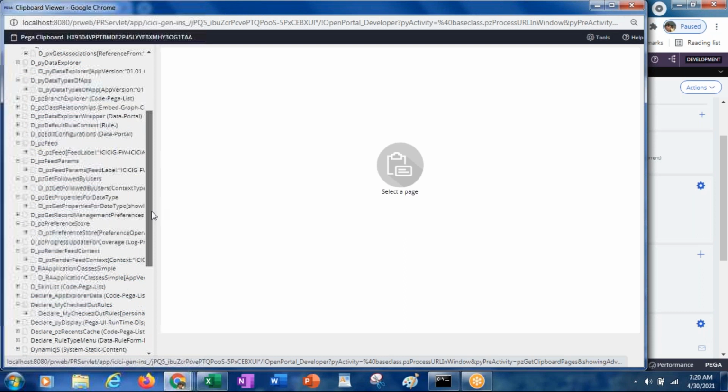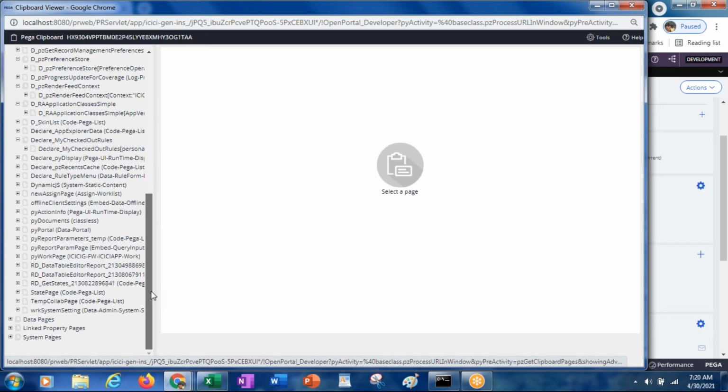Generally all the case information will be stored under the pyWorkPage.